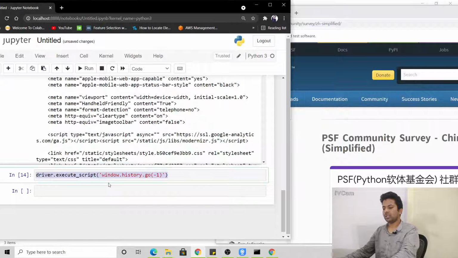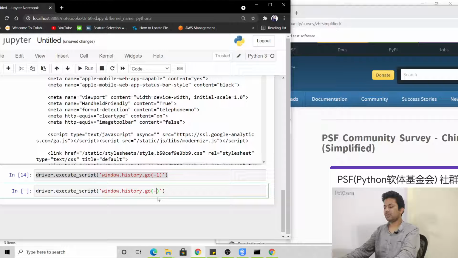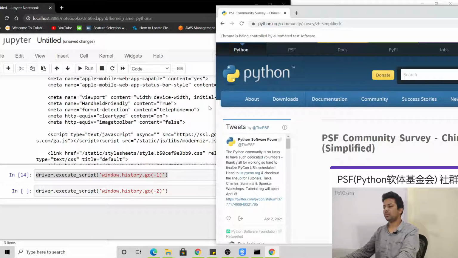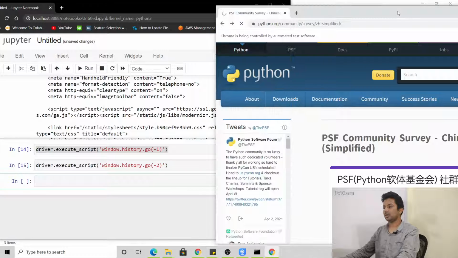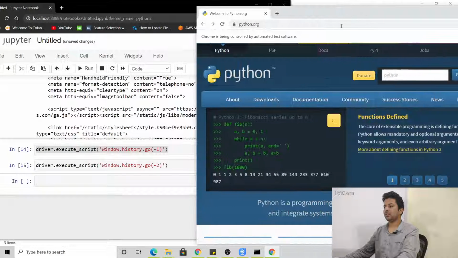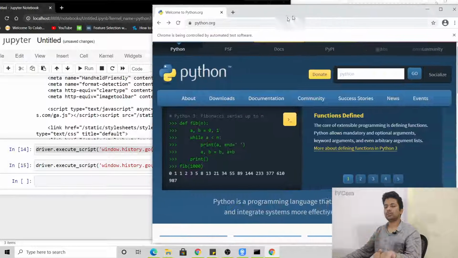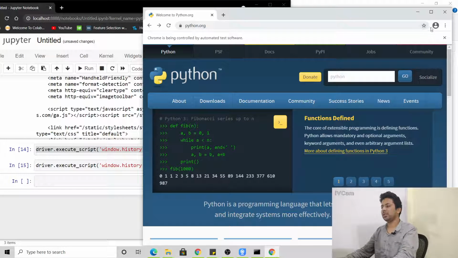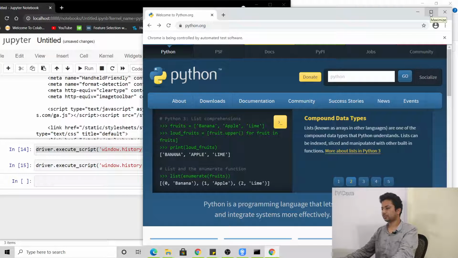So we copy the same line, paste it here, and this time we'll do 2. So it will take us to the home page. Now we'll just run it. See, first it went to the page before, and then after that the first page. So that's how you can go to the previous page.